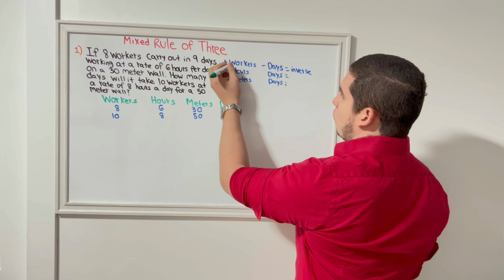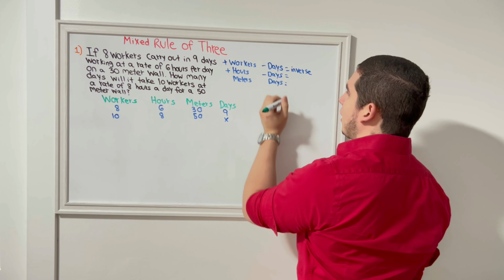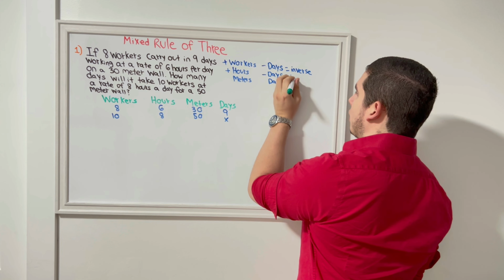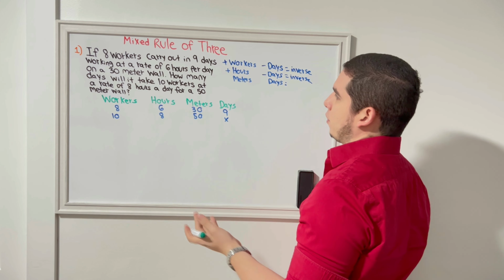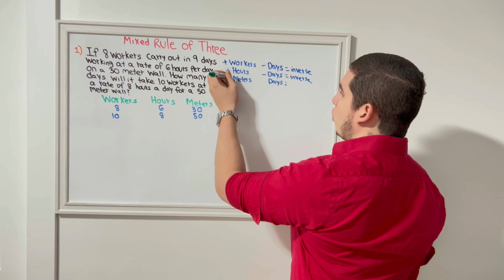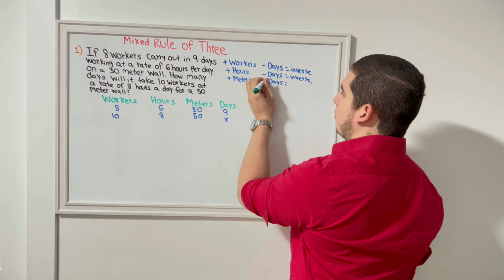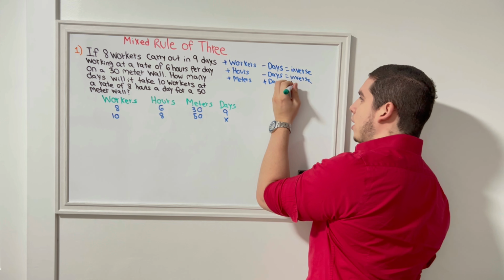When we have more hours, it takes less days. Therefore, this is an inverse. Because the people are working more hours, therefore it should take us less days, right? When we have more meters, then we have more days working. Therefore, this is a direct